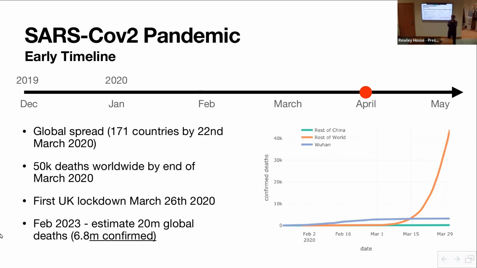So the work that we did, we started working on it probably at the end of February 2020, before the first lockdown, and everything was really done between February and April, May 2020. So that is the period just before lockdown and during that first lockdown.